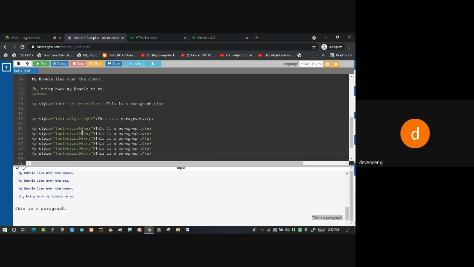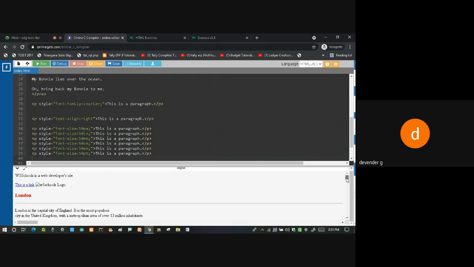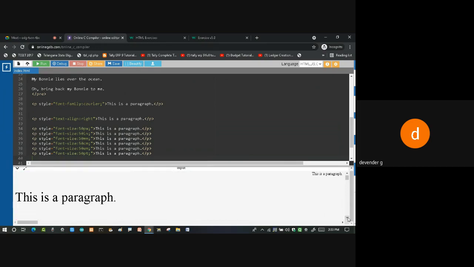See, all are 50 only, but you can see here the size of this is different. So pixel I am saying, inches I am saying, millimeters, centimeters, and pt I am saying. I will see how it looks. So coming down to this, you can see all the bigger size is coming. Yeah, see, this is one size, 50 pixel. Then we'll see the inches, how big the text is coming.